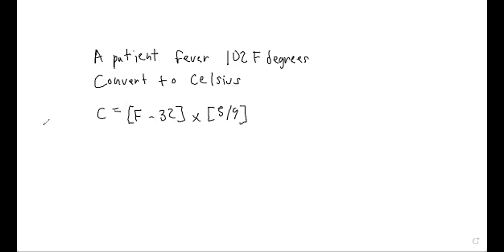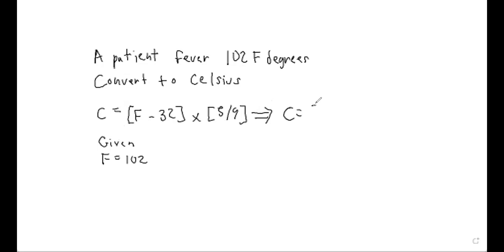Right. Okay. So given we have F equals, that's the Fahrenheit temperature of 102. Right? And now we're going to go ahead and plug that value into the formula. Right, so let's do it over here. Right. So we end up with